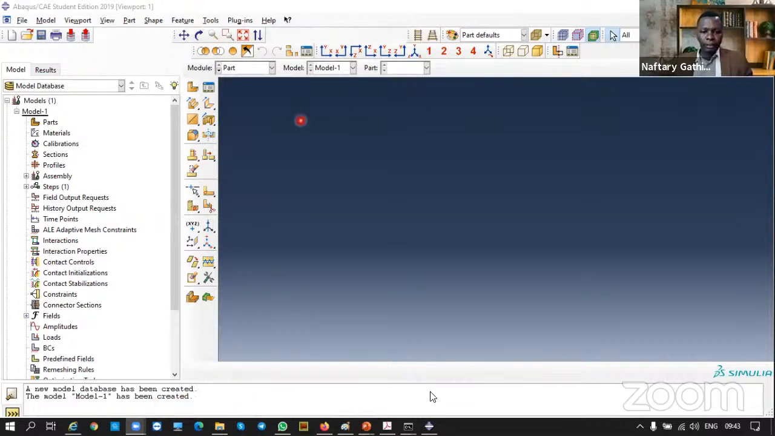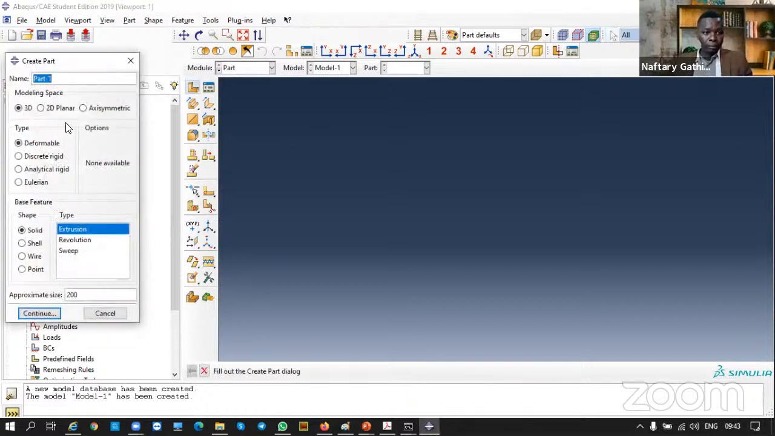So first things first, part. Let me call this plate. It will be 3D, deformable, solid, and I want to use extrusion. At this stage, let's maintain things as default as possible. Maybe I can explain what they mean later on, as you advance, you're going to see where you can use